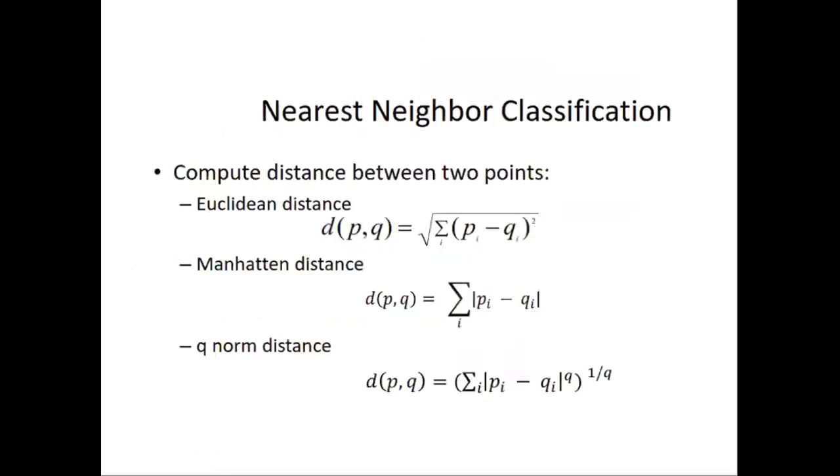Okay, next thing is we were talking about calculation of the distance. To calculate the distance between our points and the various examples, we have three kinds of metrics which you can use. First one is Euclidean distance. In most KNN algorithms we use Euclidean distance itself, or Manhattan distance, or Q norm distance. Any of these three formulas can be used to calculate the distance between 2 points.